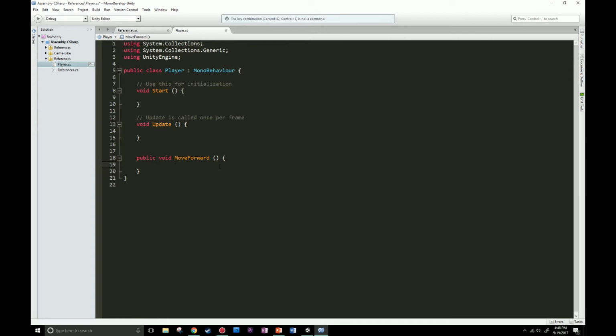We're going to go ahead and take a shortcut here. I'm going to say transform, which is the transform of the object that this player script, this player object, right? Because this is a C# object that's attached to a game object. Transform will just get the transform that any component is attached to. So we're going to say